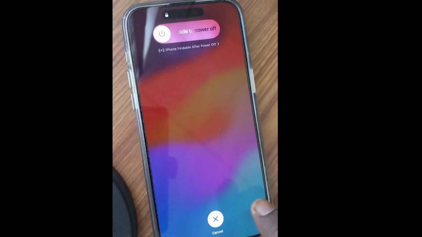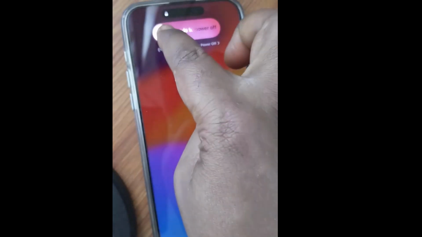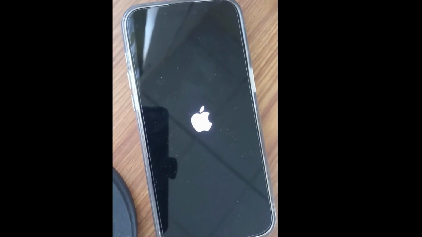workaround to fix various types of iPhone issues. So simply restart your iPhone, shut it down, and after some time restart it. Once restarted,